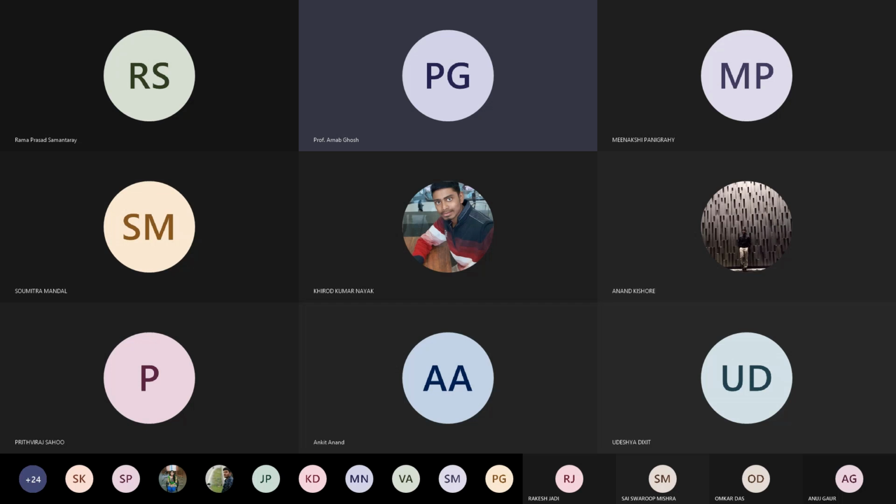Based on the link they will give responses, and in the response sheet the most important fields are name, roll number and email ID. These three are mandatory, and the rest of the questions are based on your question paper. There are 10 MCQ questions.